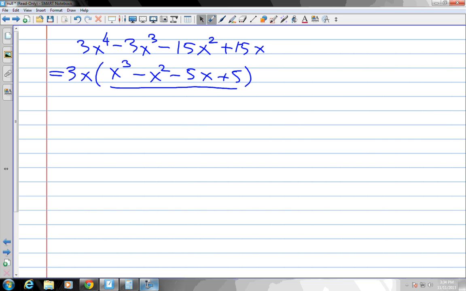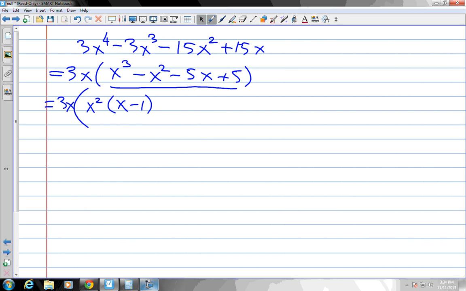Well, now, forget about that 3x for a second. Let's just focus on what's on the inside. Now we're going to proceed with factoring by grouping. So when we look at the first 2 terms, x cubed and x squared, if we take x squared out, what is left? X minus 1, right? Now, in order for this to work, we need another x minus 1,